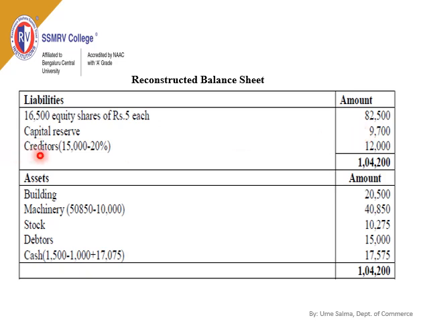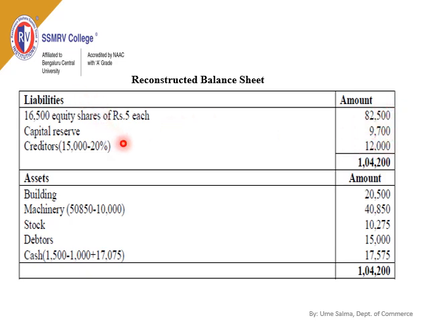Here creditors in the earlier balance sheet were shown as 15,000. It has been reduced by 20% as per the willingness of the creditors to waive off 20%. So out of 15,000, 20% is reduced. It comes to 12,000. So these are all the items to be shown on the reconstructed balance sheet